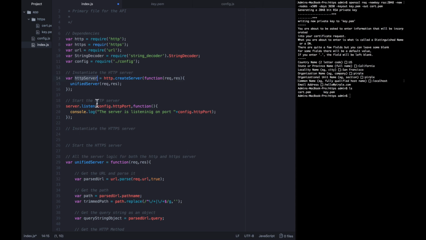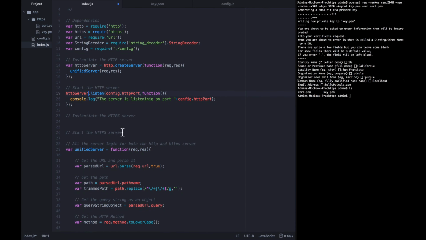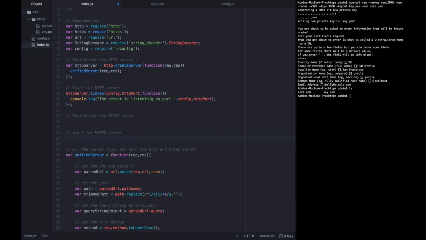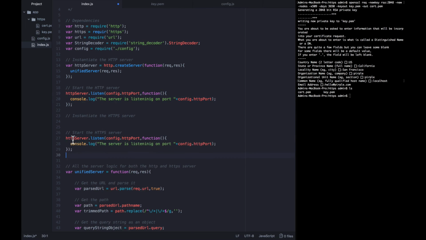And then to start it, rather than calling server.listen, we're going to have to call httpServer.listen. All right, now we have a blueprint for how we're going to create the HTTPS server. I'm actually just going to go ahead and copy the start function from HTTP down to HTTPS because it's going to work almost entirely the same way, except we're going to change it to httpsServer.listen config.httpsPort, and then console log out that the server is listening on